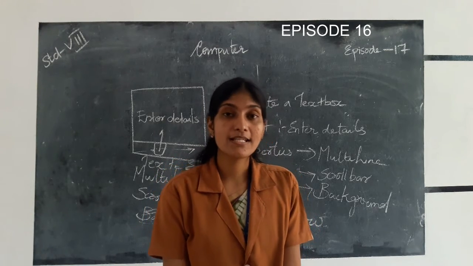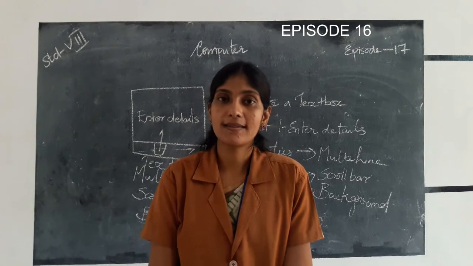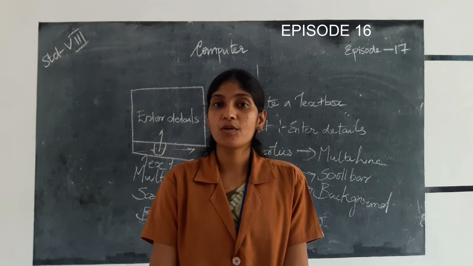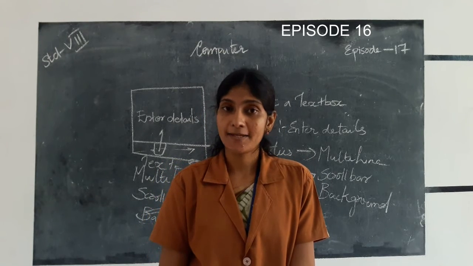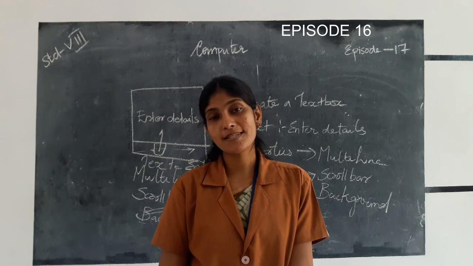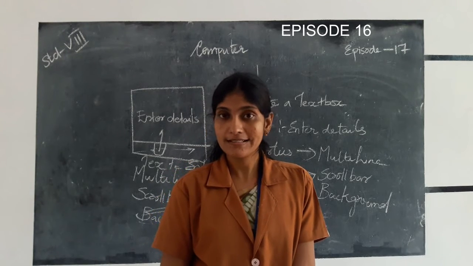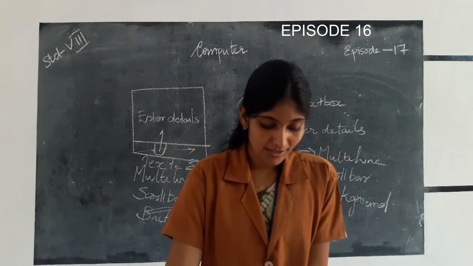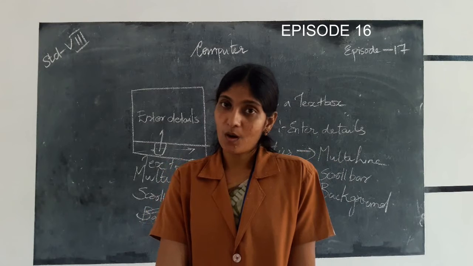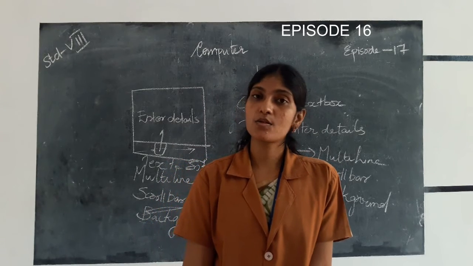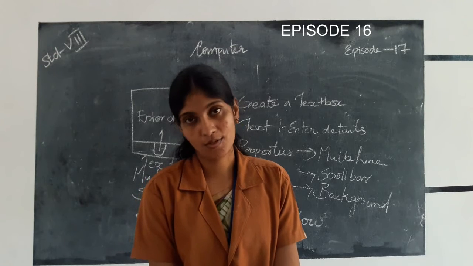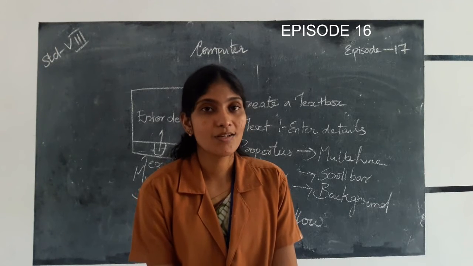Then the next one is text. Text means simply the text you entered in the text box. The next is font. Font means you can set the font properties like size, color, type, etc. Then next is font color, which represents the text color. And then visible. It decides whether the text box is visible or not during the runtime. If visible is equal to true, you can see that text box during runtime, or otherwise it will be invisible.